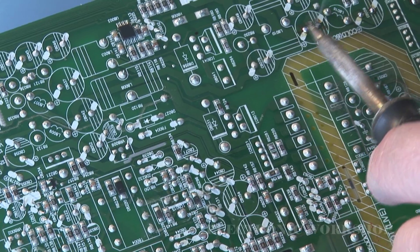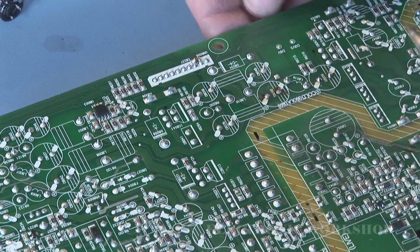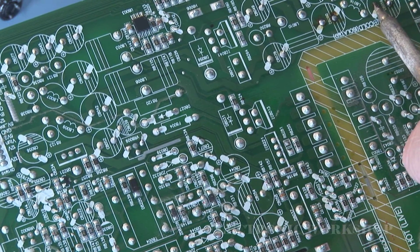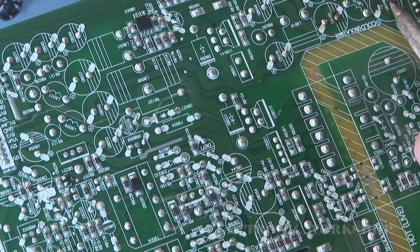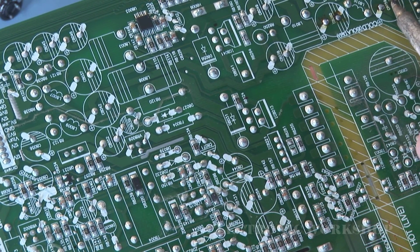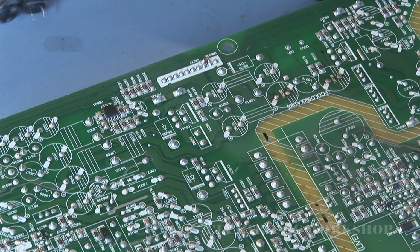All I'm doing is heating both sides up, one side at a time, and it comes out a millimeter at a time. That's all I'm doing. I'm not pulling it out, not putting too much strain on it. You have to give time to heat as well. As you can see, we're out,